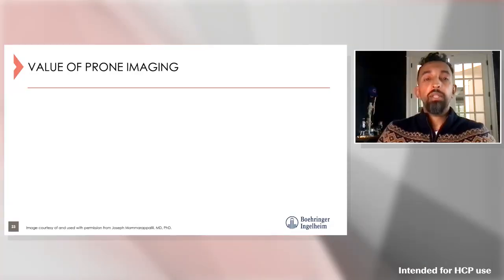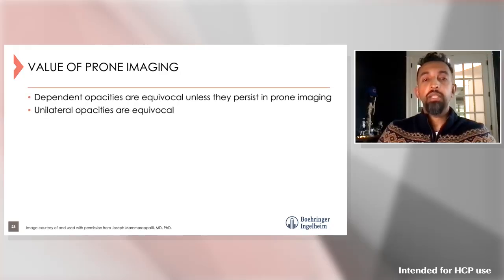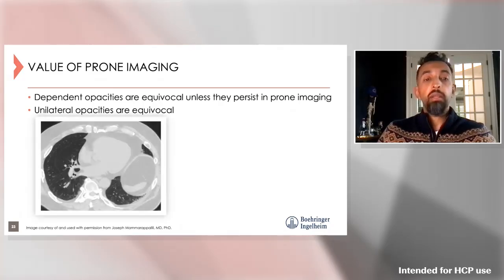So I do want to emphasize that prone imaging is very important when we're talking about interstitial lung abnormality. Why is it important? If you have a patient that's getting a first-time chest CT and we see dependent opacities in the lung, sometimes these dependent opacities can be due to atelectasis. If you take a look at this image here in the left lower lobe, you can see that there are some subpleural opacities there at the left lung base. We also see them to a lesser degree at the right lung base as well.